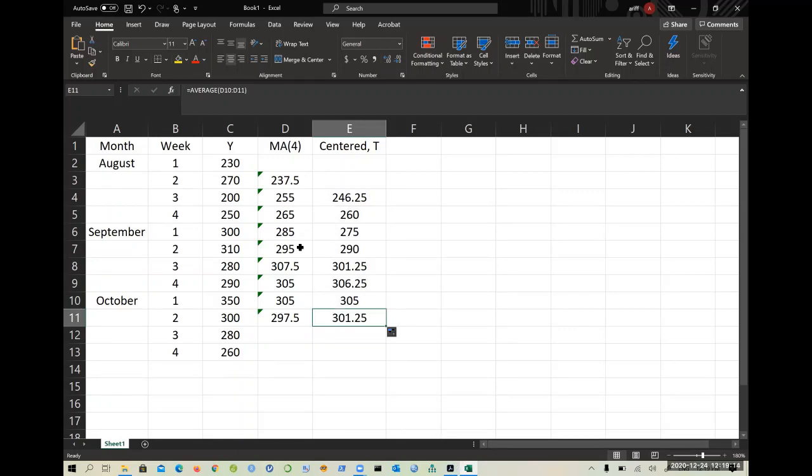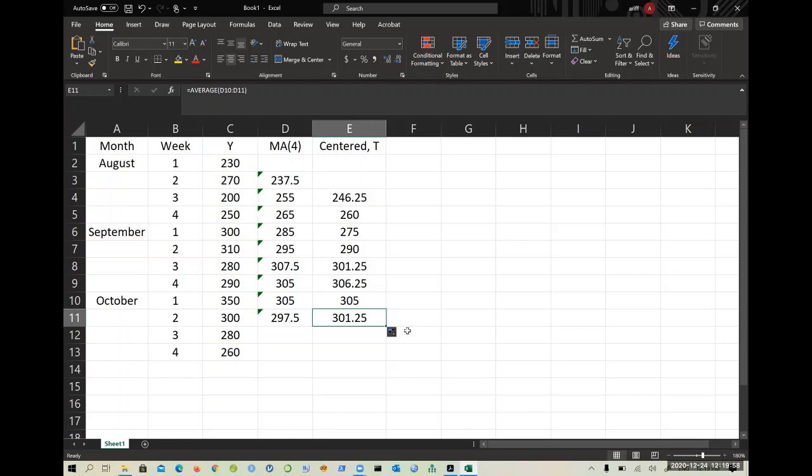So based on the trend values itself, you can see that it started with 246 and it ended up with 301. So basically, based on the trend values that you have just calculated, you can see that there exists an increasing trend because the first trend value is 246.25 and the last trend value is 301.25. There is an increase in the values from the first until the last one, right? So that means you have an increasing trend. Okay, this is your trend evaluation or trend calculation table, right?